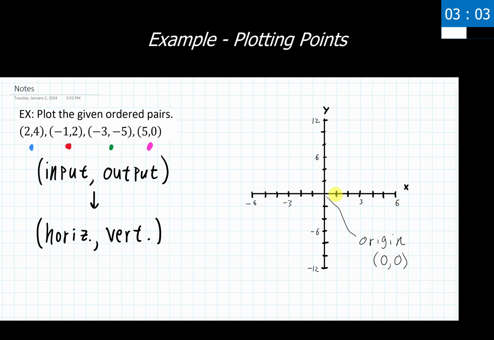So I'd be going over 1, 2 places on the x-axis, but as I'm going vertical, I'm not going to count up 4, because how have I labeled my vertical axis? Well, every single tick mark is 2. So I'm going over 1, 2, and I'm going up to 4. So here is my first point, 2, 4. So keep in mind how you have that organized for yourself as you're plotting these things.